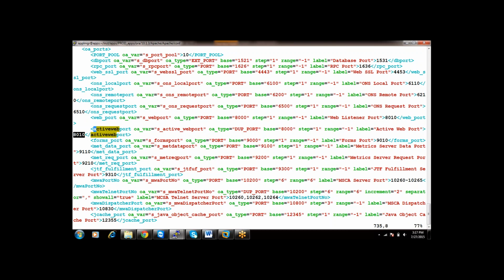Sometimes do we need to manually invoke autoconfig, or is it a scheduled or continuous job? It is not scheduled. We have to run autoconfig whenever there are any configuration level changes. Whenever there are configuration level changes, we have to run that file. Yes. I will start applications.